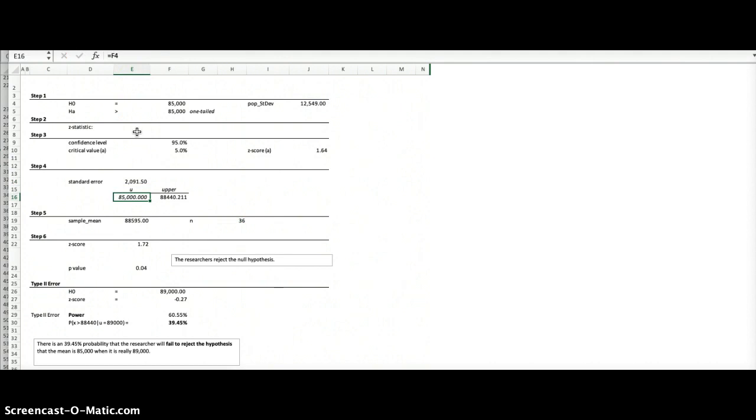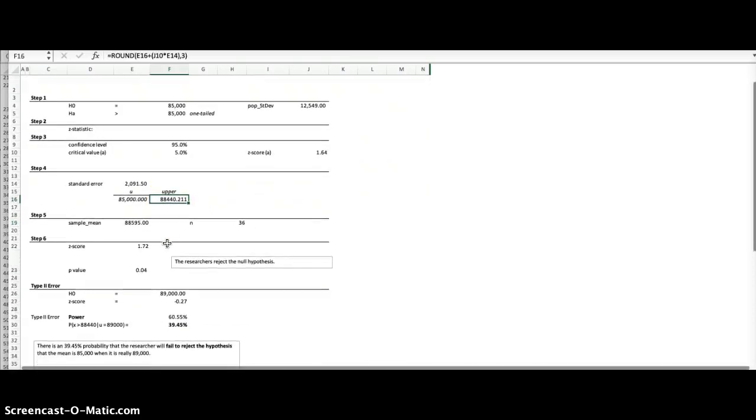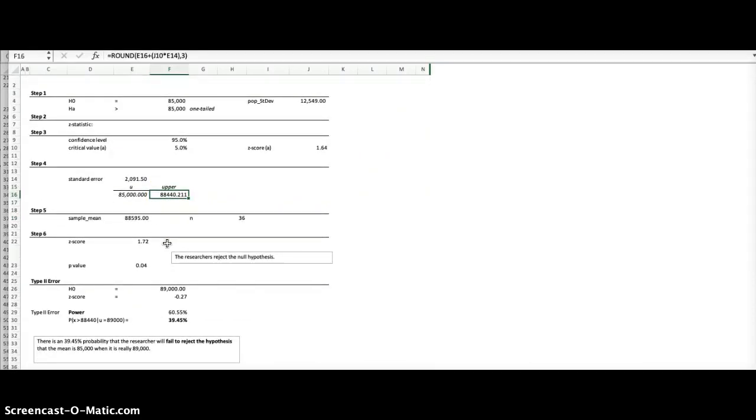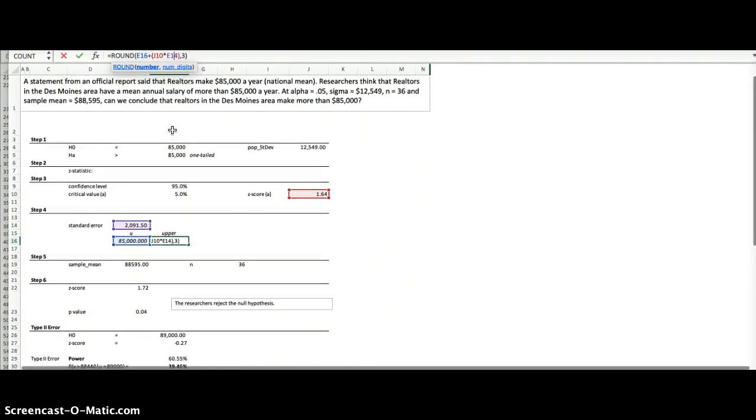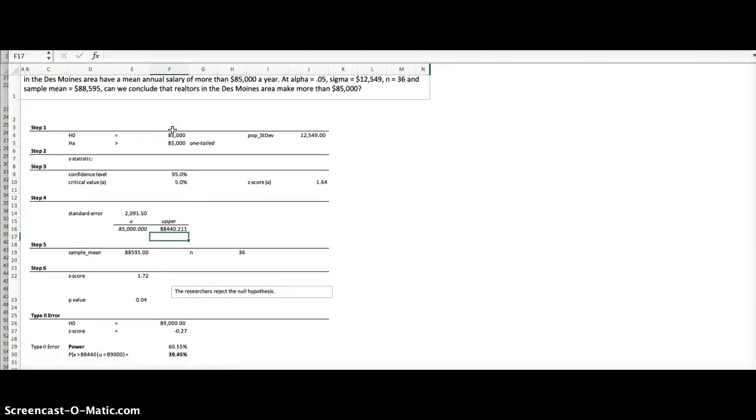So after that, we're looking for greater than 85,000 for the hypothesis testing, which is why we are only doing the upper limit. So the formula to do so is sample mean plus or minus the standard error times the z-score. In this case, we are doing 85,000 plus 1.64 times 2,091.5. And this, you can see, is the result of 88,440. The interval estimate gives us an indication of how much uncertainty there is in our estimate of the true mean. And this we will also use later on in the type 2 error testing, because this is